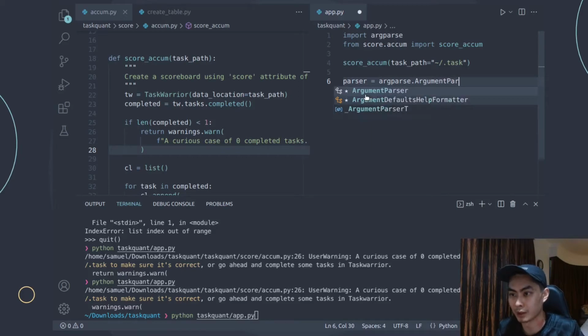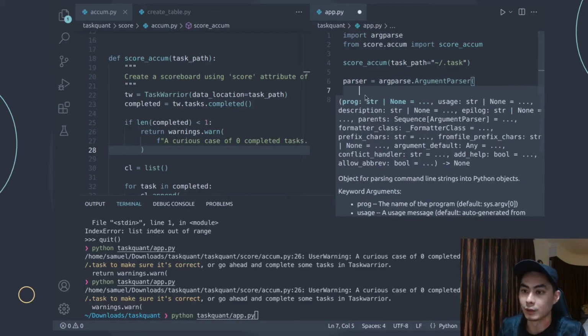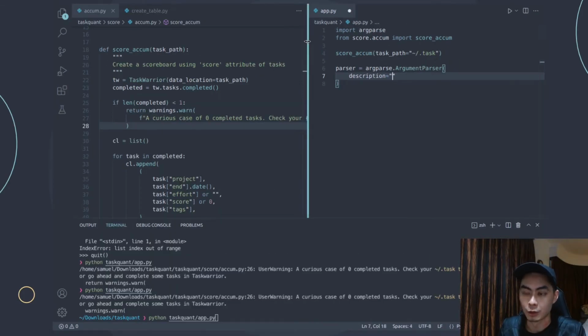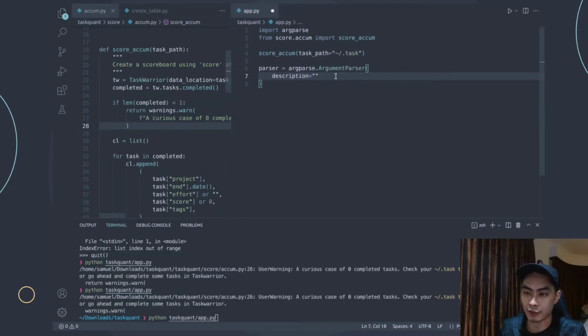Let's spell that correctly. And I usually just leave it almost empty with just one item in here, just description. So just have an argument called description, and then here is where you describe what the project is doing, what this app is doing, or what this parser is doing. So just to give it a bit more space, I'm gonna drag this window out a little bit. I'm gonna say CLI utility that extends TaskWarrior